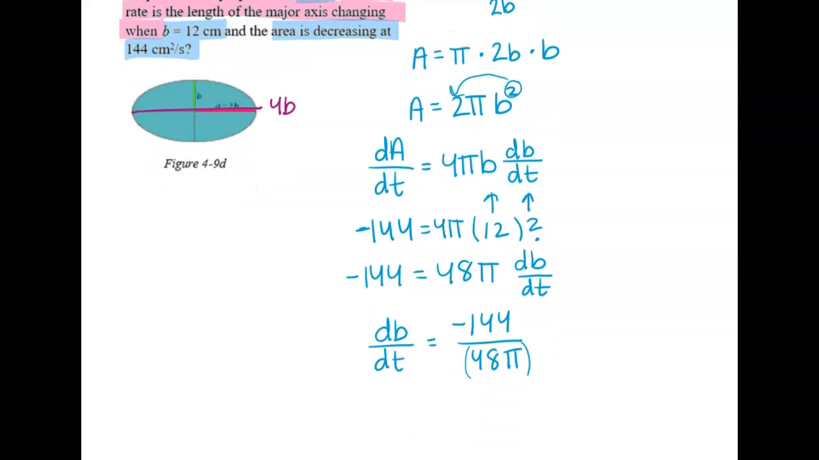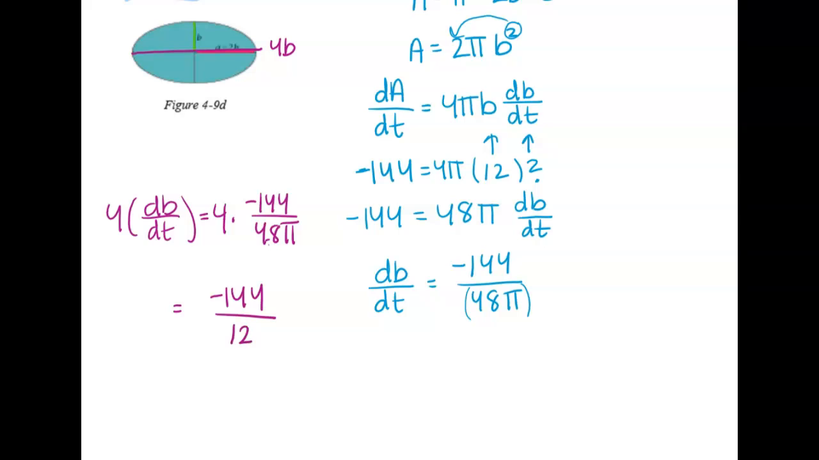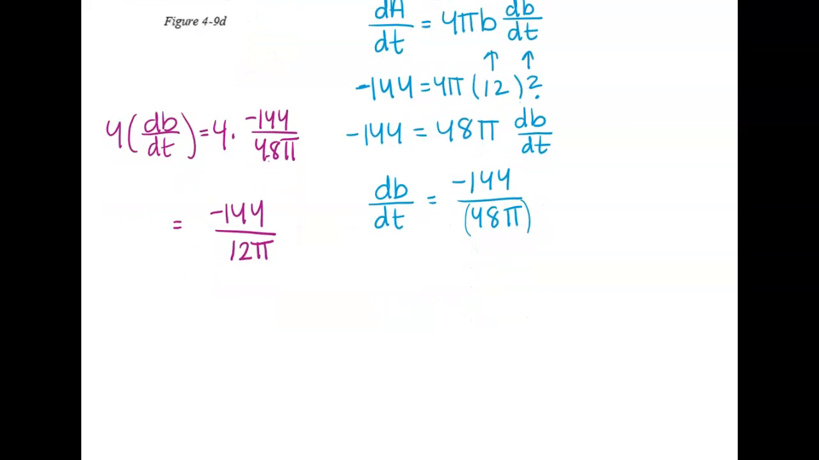Okay? So if we're talking about 4b, then the rate is also multiplied by 4, since 4 is just a constant. So we actually need to do 4 times dB dt, which is 4 times negative 144 over 48 pi. So then what I'm going to do to simplify here, 4 over 48 is going to simplify to 1 over 12. So I'll have negative 144 over 12 pi. Okay? And that, if you put it in your calculator, is about